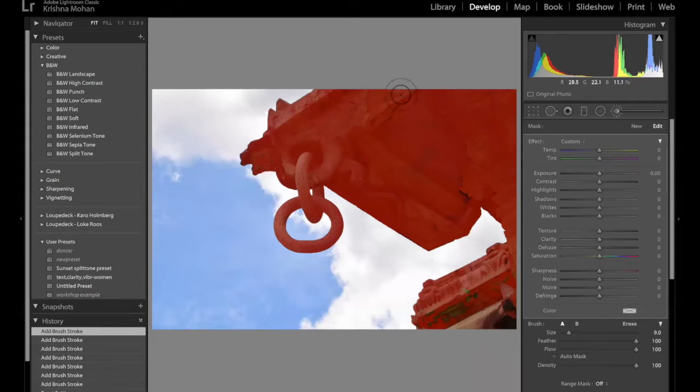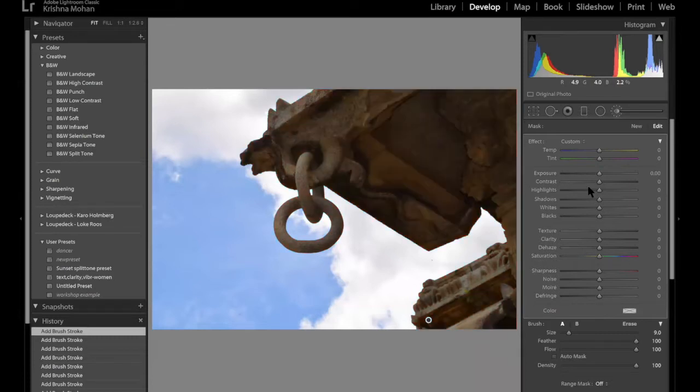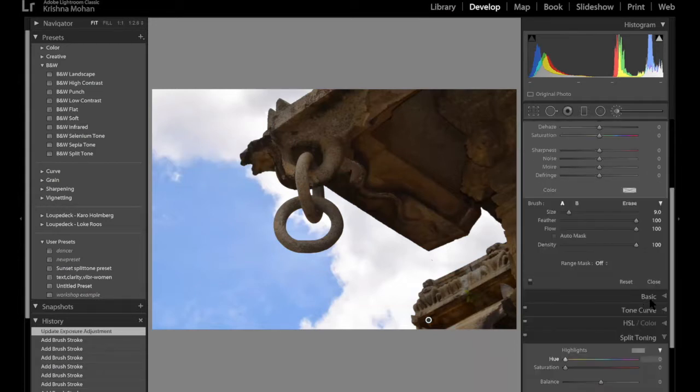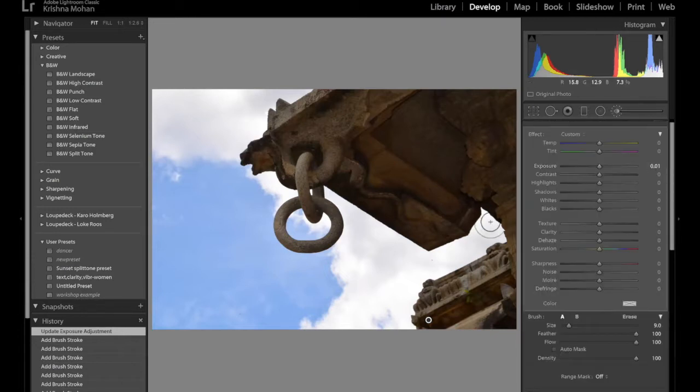Now what you're seeing is basically the area covered with my brush. If I want to brighten this, first I have to come out of this overlay mode. So press O again, and then check your exposure. Remember, this is a localized exposure, not the exposure in the basic panel. That is different. This only applies to this particular brush. And remember this pin. The pin is clicked, so that's why it's black.